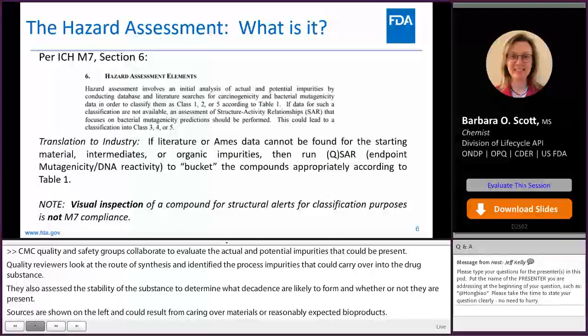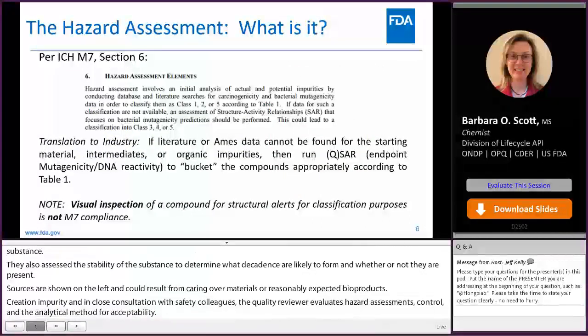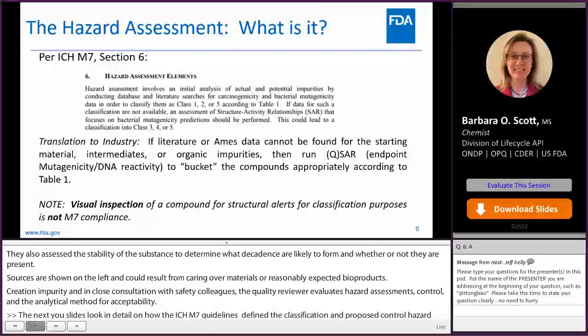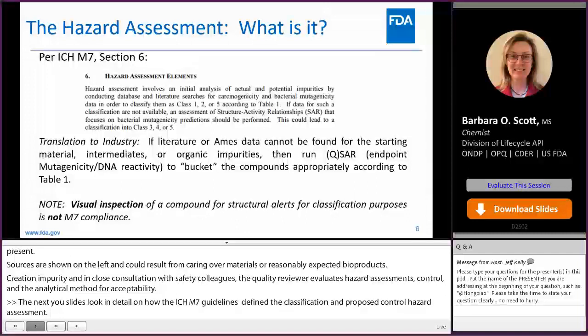The next few slides look in detail at how the M7 guideline defines the impurity hazard assessment, classification, and proposed control. The hazard assessment. What is it? Per Section 6, the hazard assessment involves an initial analysis of actual and potential impurities by conducting database and literature